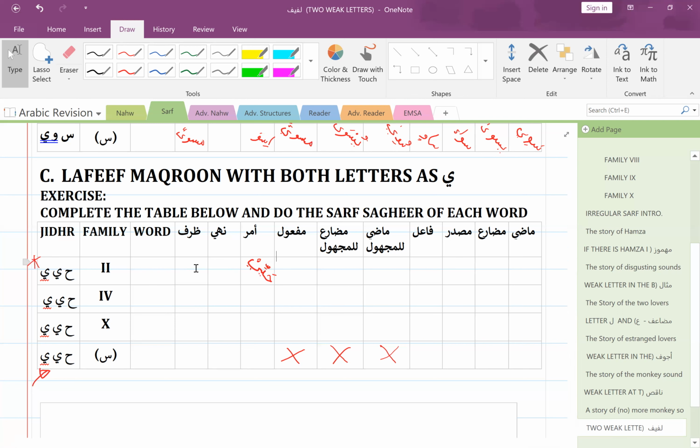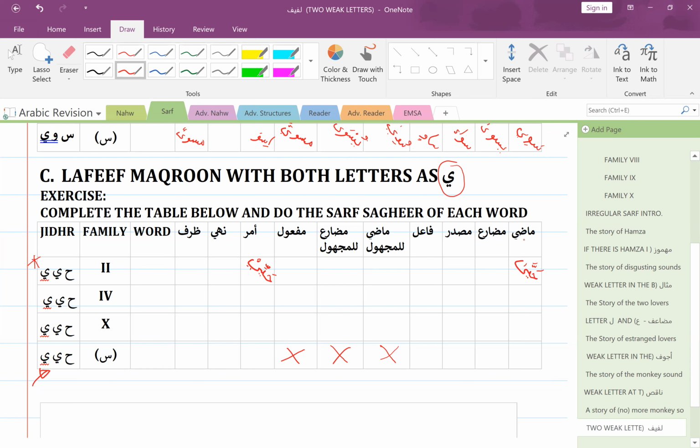So that would be one way of doing it, but you realize that that sounded weird, right? It didn't sound right. So you'd find that most likely they would say it as naqis. So they would say hayya, for example. Even though this is an option, because I'm telling you, if you have yas together, you can either do muda'af or you can do naqis. So you find that they actually do hayya, which is naqis now. Because you can see this is naqis.